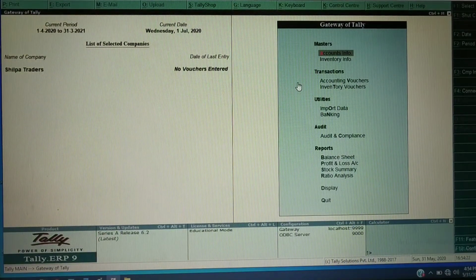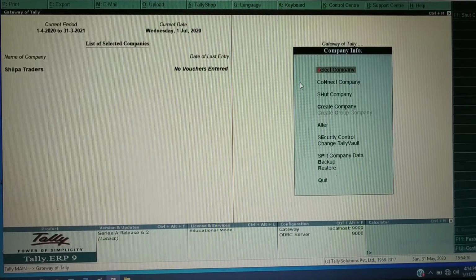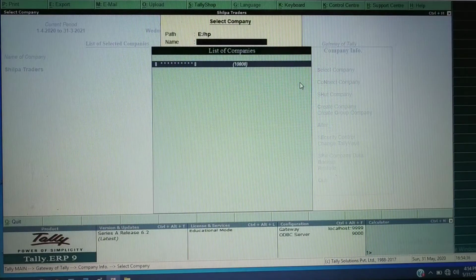See the difference between security control and Tally old password, that I will show here. Whenever you press Alt F3, the company info window will be displayed. Now press enter on Select a Company. Here you can see this is my company, which is displayed in the company name column, but here the company name is not displaying.